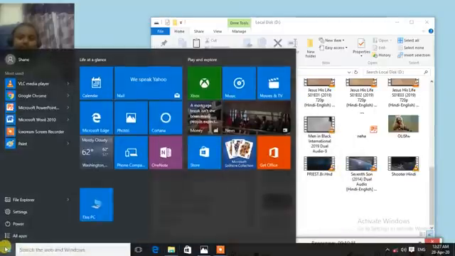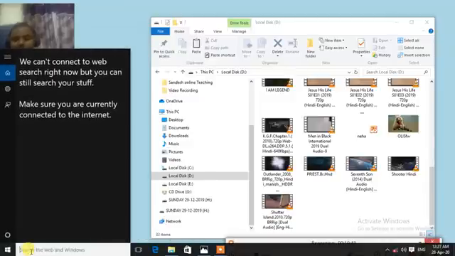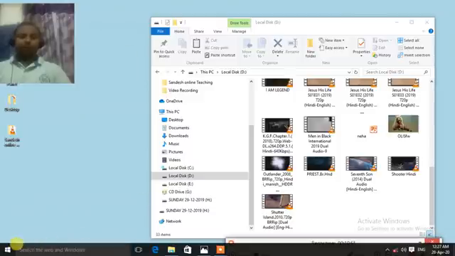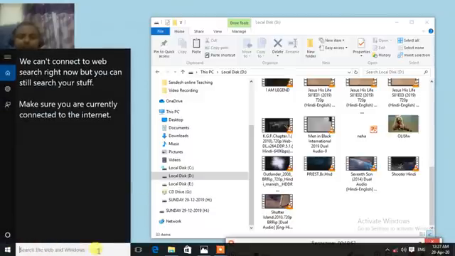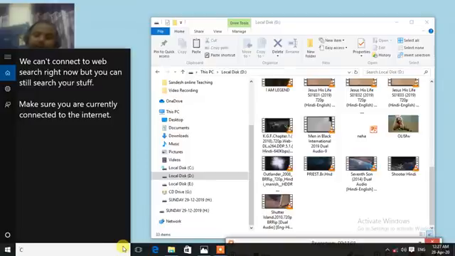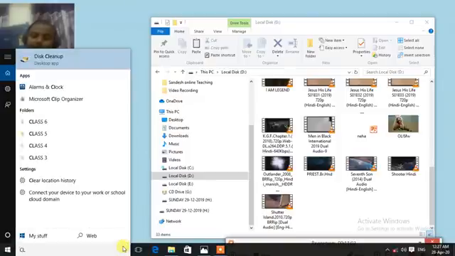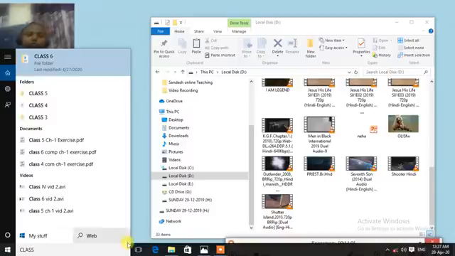Click here on the start button and you can see the search box here. In the search box, suppose I type class. So you can see as I typed class, all the files and folders related to class appeared here.